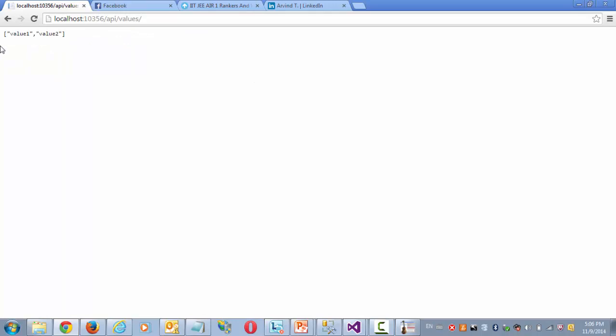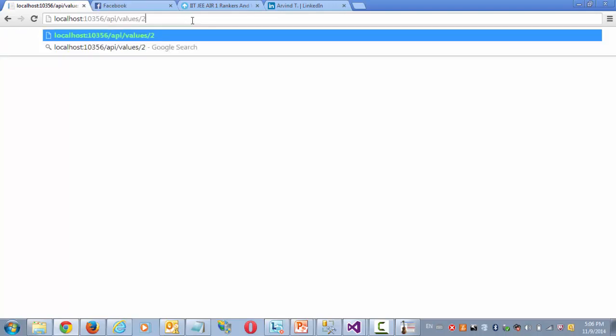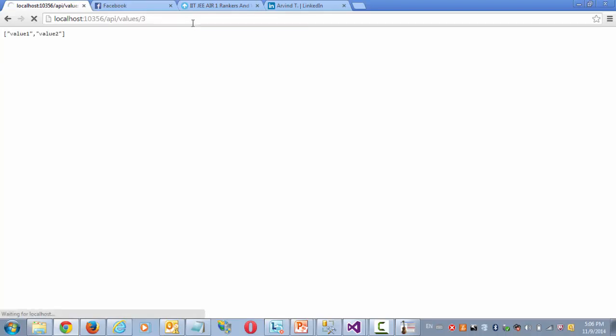All right, it's refreshing. It actually produces the values in JSON format. And if I provide any value here, say an ID, it will also produce the overloaded Get method's value in JSON format only.